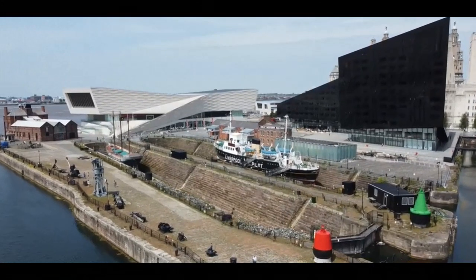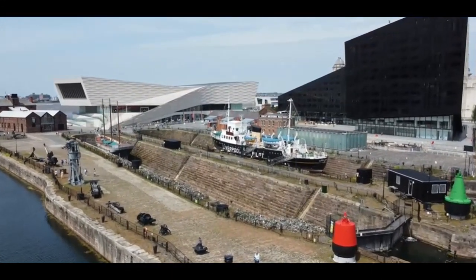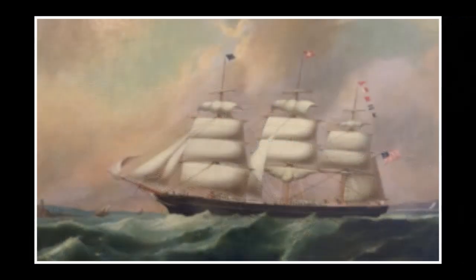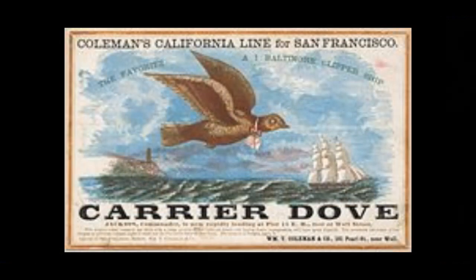Unfortunately, it was while she was docked in Liverpool that she was involved in her first collision. The Carrier Dove was a large American vessel registered in New York. At 1,545 tonnes, she was much larger than the City of Ottawa. She arrived at the Albert Dock on the 15th of October 1862 and began discharging her cargo. It was a very stormy day, and in the early evening she dragged her anchor and collided with the West Constant, another large ship. By 7 p.m, after colliding with yet another ship, the Carrier Dove struck the City of